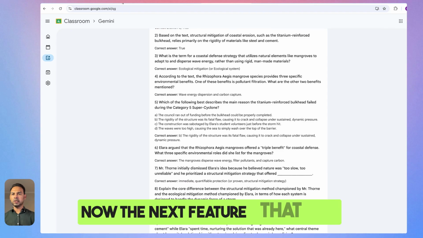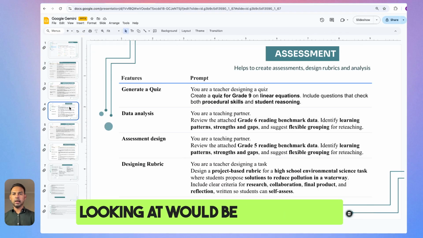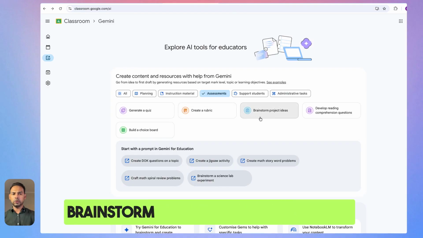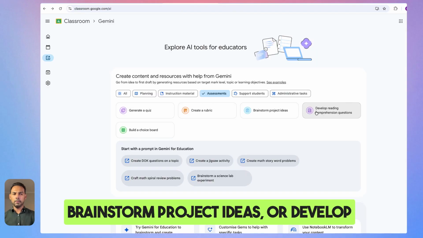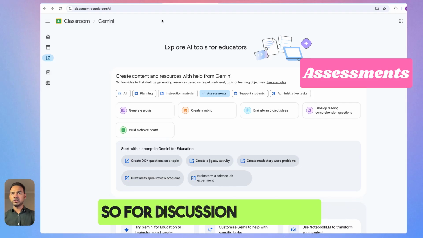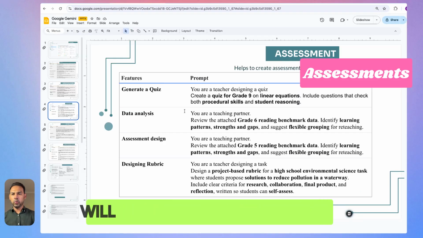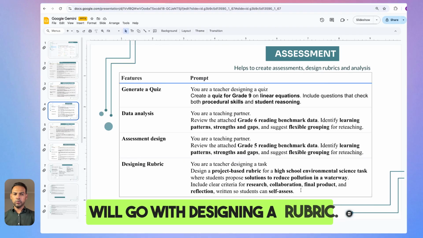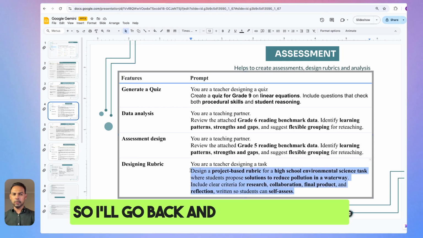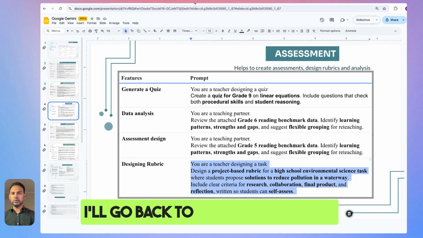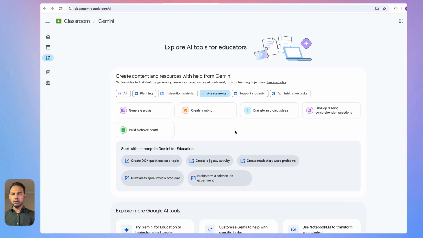Now, the next feature that we're looking at would be assessment. I can generate a quiz, create a rubric, brainstorm project ideas, or develop a reading comprehension, and so on. So for discussion purposes, I will go with designing a rubric. So I'll go back and copy my prompt. So once I've copied my prompt, I'll go back to the tool, click on